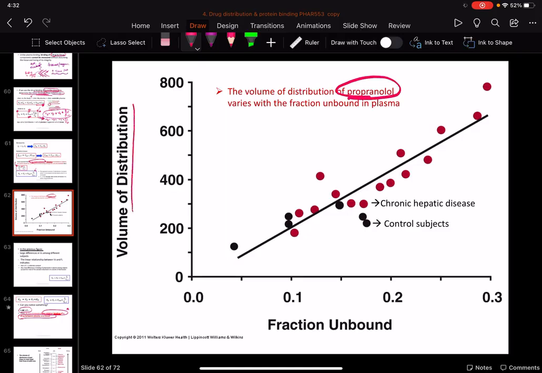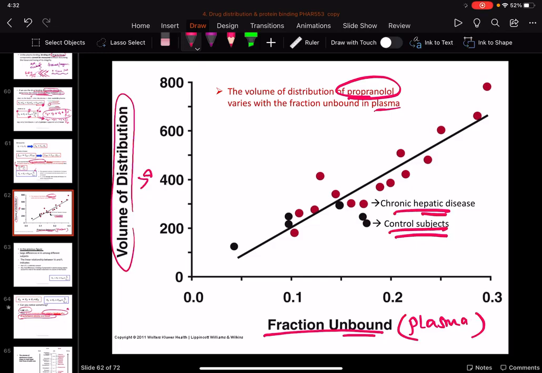mentioned as volume of distribution: total volume of distribution versus the fraction unbound in plasma, either in control or healthy subjects versus chronic hepatic disease. And then if I give you this to study, give me an idea according to whatever you know of the physiological model of the volume,